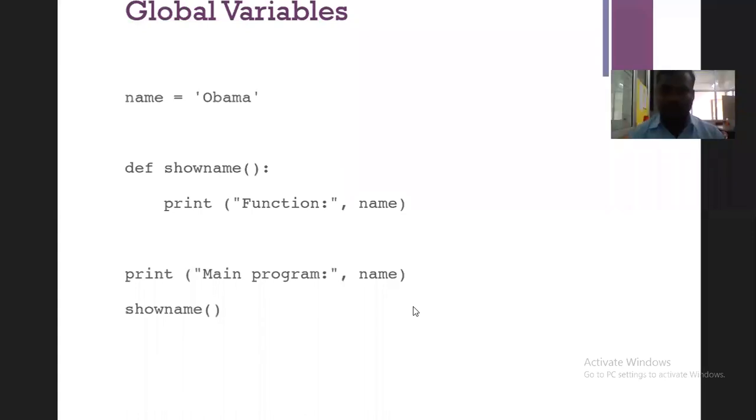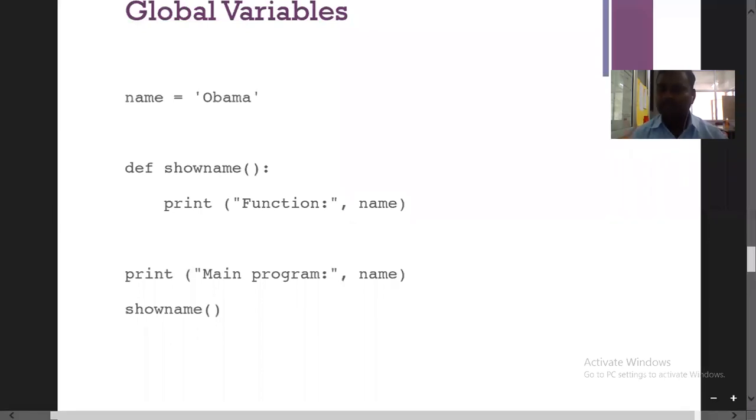Main program Obama, function Obama. See here, in the show_name function, it is accessing the name value, and also outside the function there is one print statement, which is also accessing the name value. The output is main program Obama, function Obama. Good.